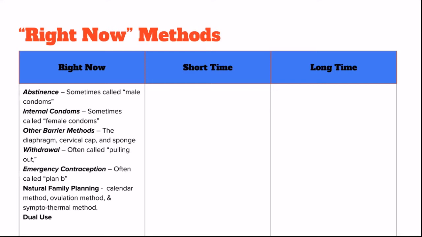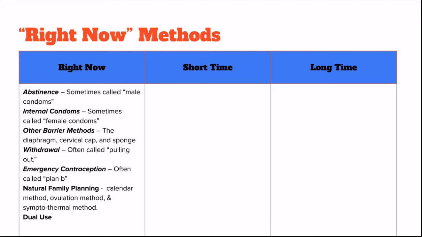There is also something that falls under the right now category called emergency contraceptive. This method is often referred to as Plan B or the morning after pill, and this medicine can be taken up to 5 days after unprotected vaginal sex to prevent pregnancy. It is important to note, however, that the effectiveness of the preventing pregnancy does go down after 72 hours. The general rule of thumb is the sooner it is taken after vaginal sex, the more effective it is. This method is not the same thing as terminating a pregnancy or an abortion, and if a person is already pregnant, taking an emergency contraceptive will have no effect on the pregnancy.